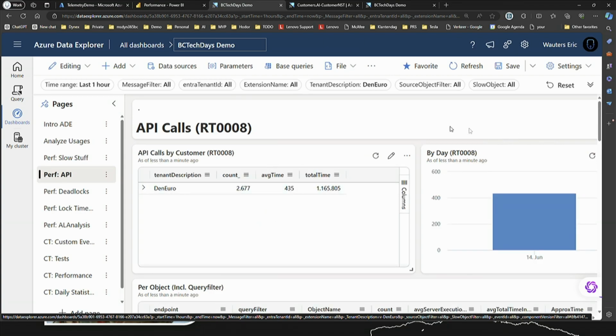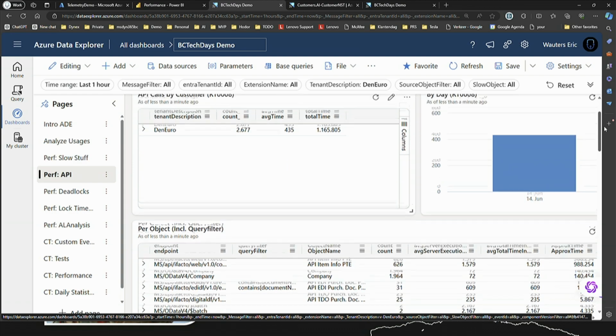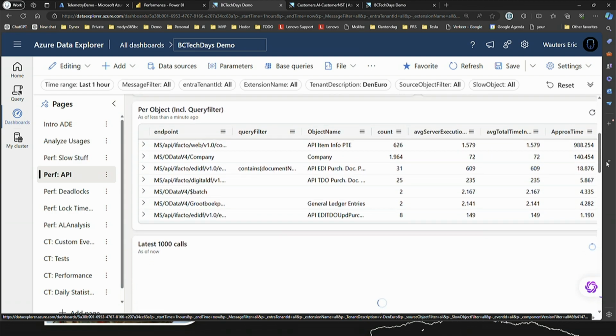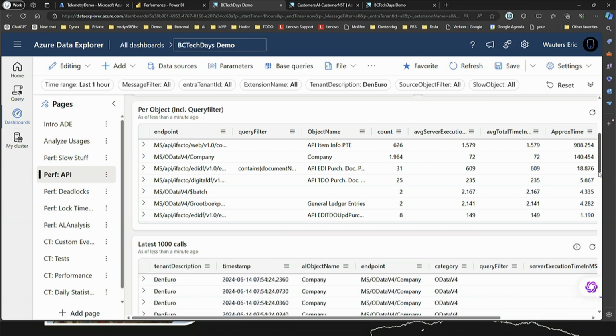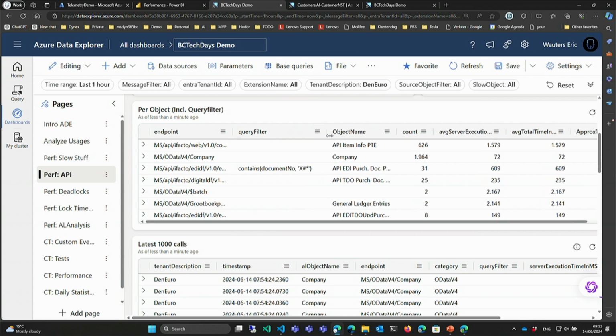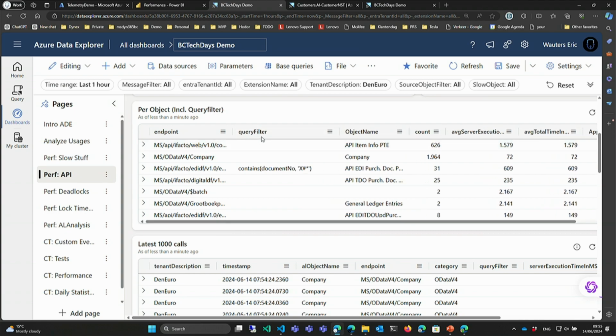Some performance information on API calls. Again, I will take this customer, but for API calls, that's typically when we go into a typical event ID. RT0008 is interesting because that's the event that shows the incoming API calls. And one thing I need to say about this is that you do have information on the query filter. So you can have an overview on how your third-party partners are using your APIs. And I can promise you they are not always using that in the best way. You cannot get to the body,